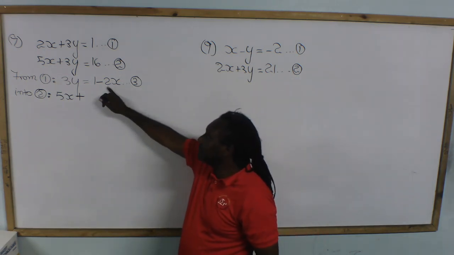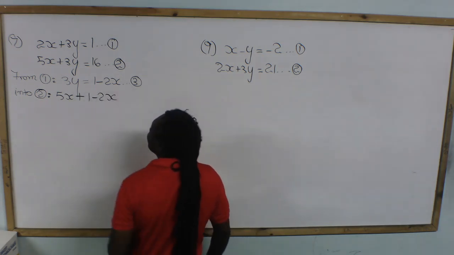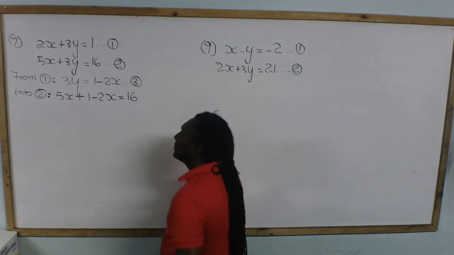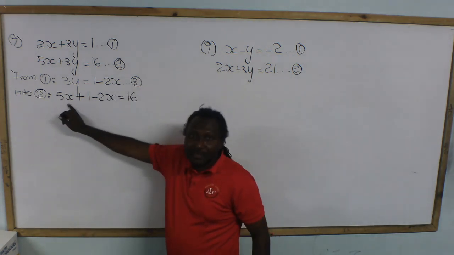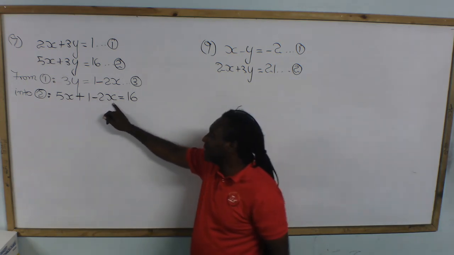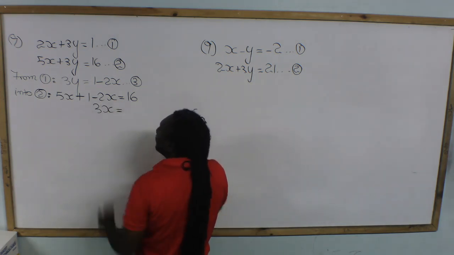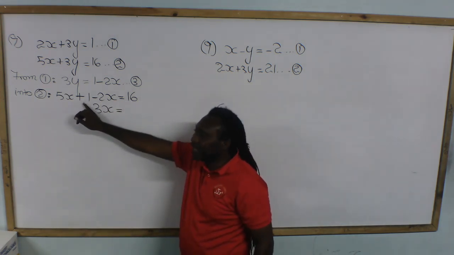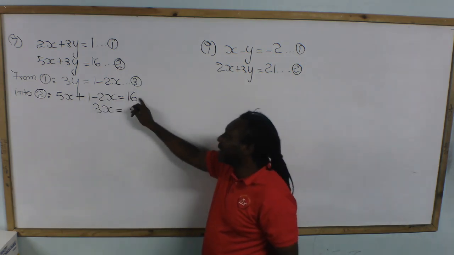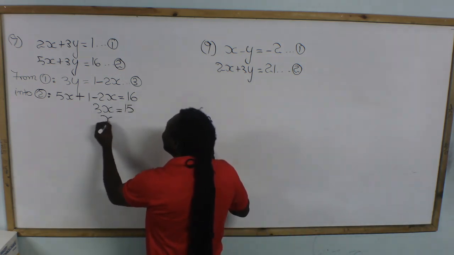What is 3y? 1 minus 2x. And that is equal to 16. So 5x minus 2x, that will give you 3x. This positive 1 that we have here will be eliminated by 16 minus 1, we get x is right away equal to,